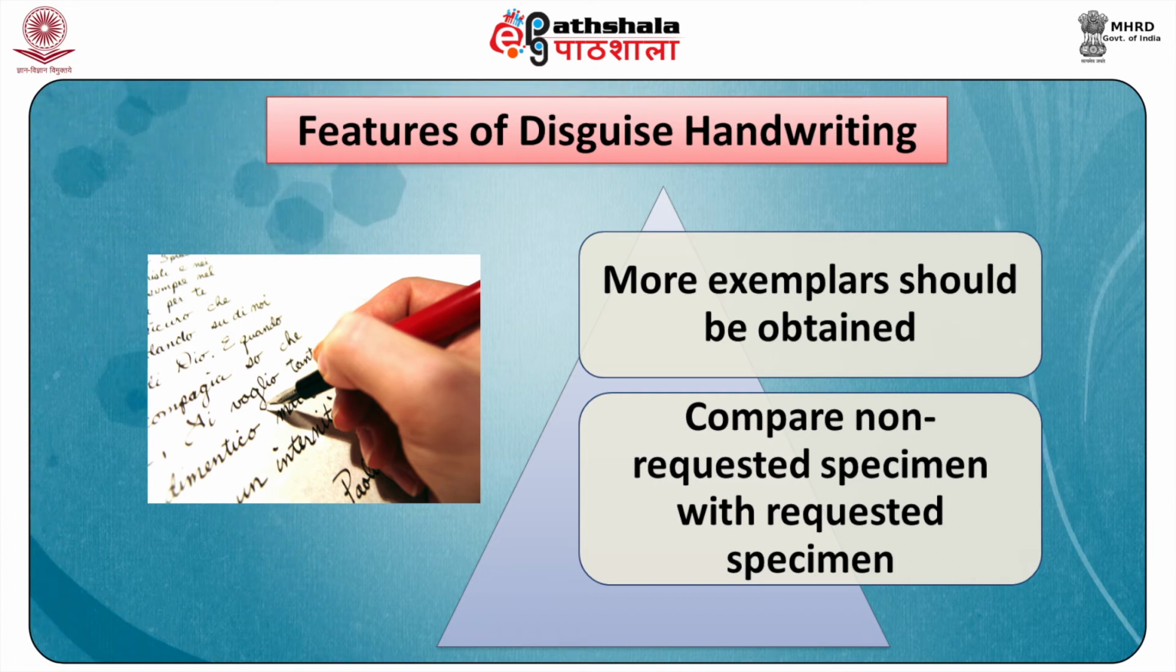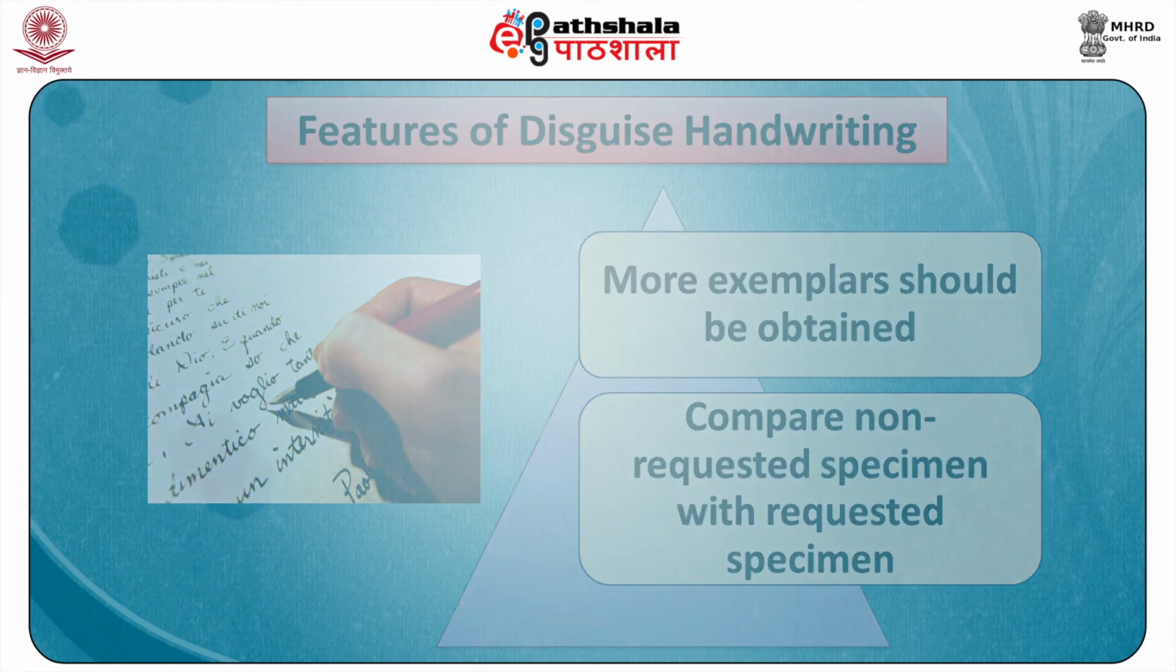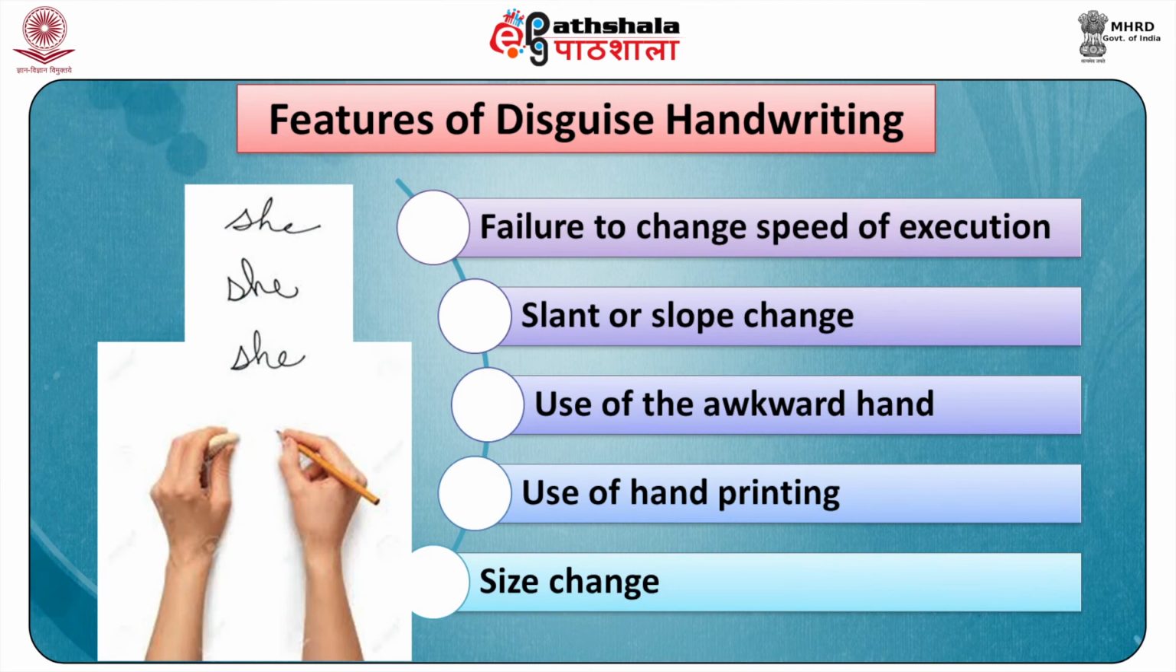These will enable him to see if there are any obvious differences between these collected specimens and requested writings. When most persons giving a disguised specimen are confronted with a naturally written specimen, they will discontinue the attempted disguise. Some of the features often found in disguised writing, identified by Ed Alford, are: